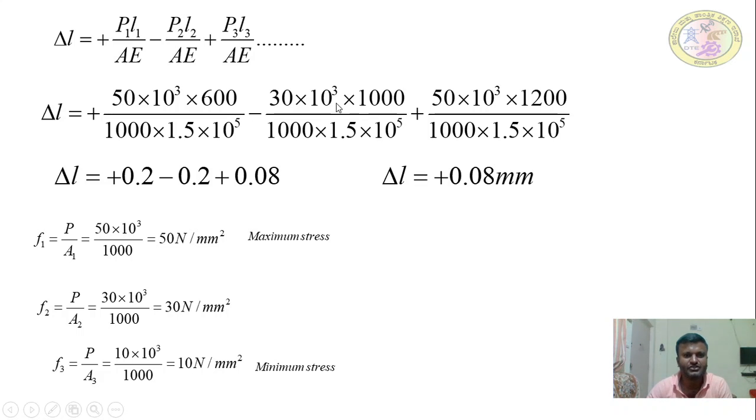is 30 into 10 to the power of 3. Whereas P2 is compressive in nature, that's why they have already used the negative sign here. So here you have to substitute P2 equal to 30 into 10 to the power of 3, into the length BC, 1 meter, which is equal to 1000 mm. Again the area of cross section is 1000 mm square, and Young's modulus of elasticity is 1.5 into 10 to the power of 5 Newton per millimeter square, plus